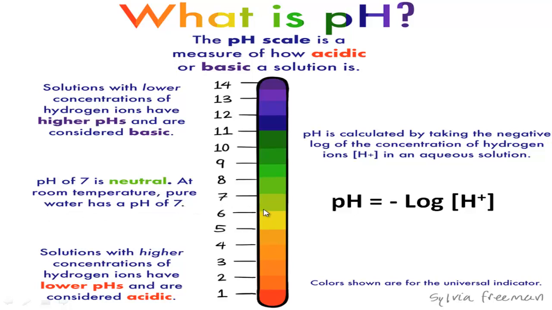Now imagine if you add some acid in that pure water, then what will happen? Then the amount of hydrogen ion will increase in that solution. Why? Because you know that acid contains hydrogen ion, isn't it? And this is the characteristic of an acid solution, which dissociates hydrogen ion in water. So when we add acid in water, it will increase the hydrogen ion concentration.